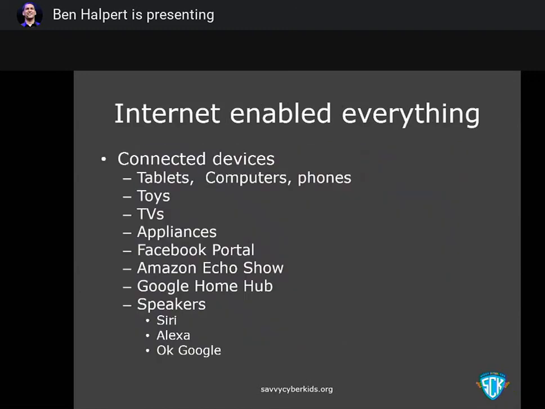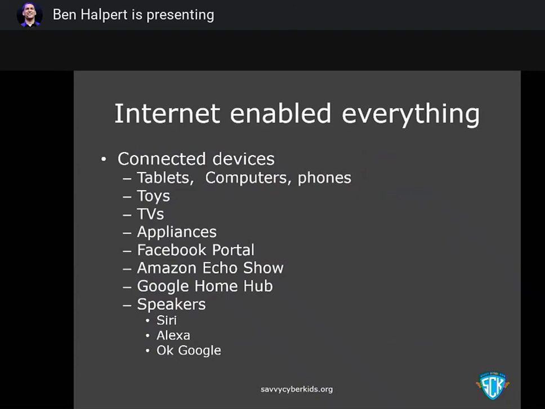All the things that we use in our life now are connected to the internet. You need to be aware of that. If your kids have one of the Siri devices or the Alexa-enabled devices or the OK Google-enabled devices, make sure that your kids and you do not put one of those devices with a screen in your bedrooms. Anytime you get a screen with a piece of technology now, you also get a camera. I talked about how people can take over cameras. We do not want that happening to you and your family.